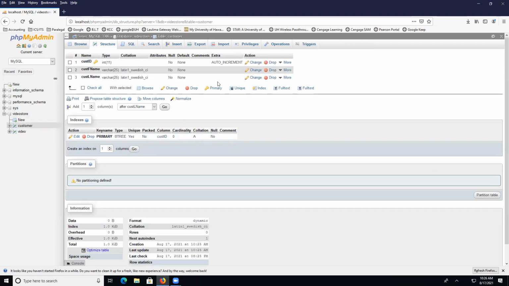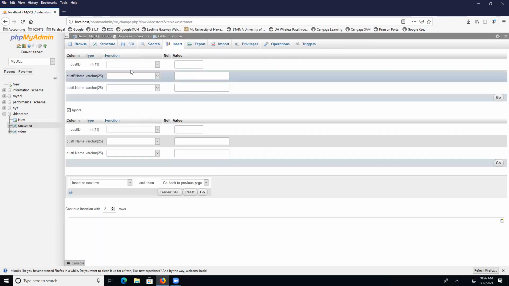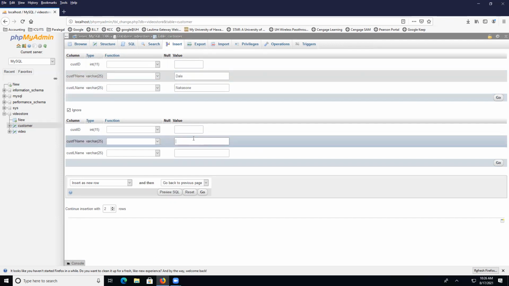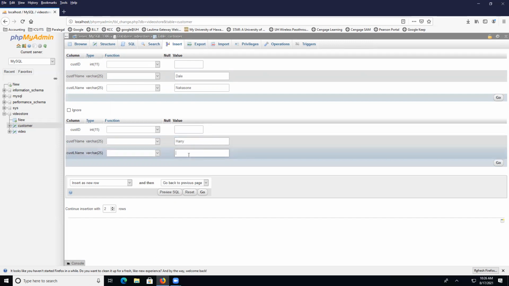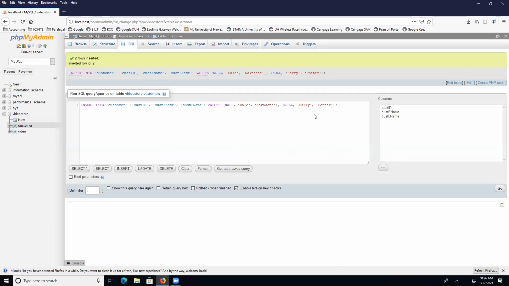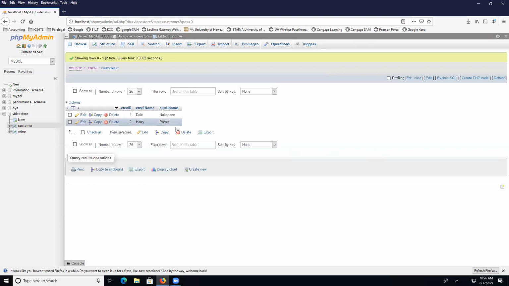Then I have my field. I'm going to go ahead and insert it, and I'm going to put in over here Dale Nakasone, and I'm going to put in Harry Potter. And then I'm going to click on the second go here. That's it. I'm not going to do anything here. I'm going to browse it and see my name. And so I have 2 records inside there, right? So that's how you create a database and multiple tables inside of